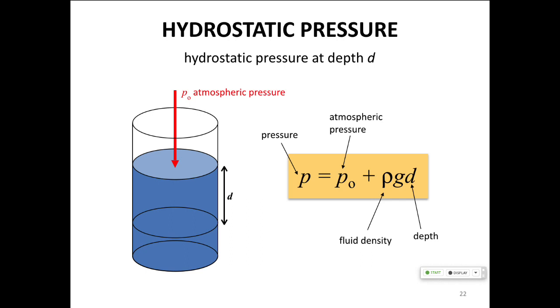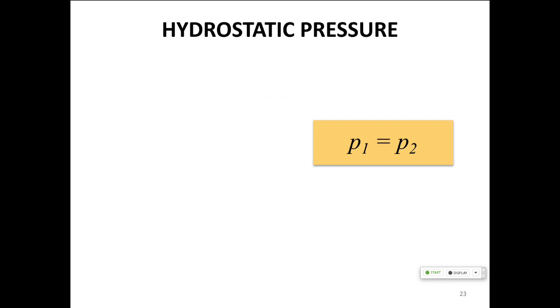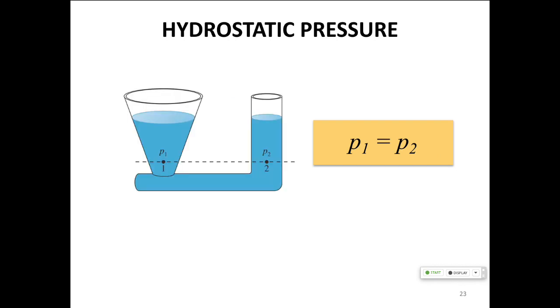So hydrostatic pressure. There's a fun fact. If you're along a horizontal line, pressure is always the same, if you have no fluid flow. So pressure in a connected fluid is the same at any point along a horizontal line. It doesn't matter what the shape of the container is. All that matters is the fluid is not moving. So pressure is the same along a horizontal line. This has some fun applications like hydraulics. So here's a question.